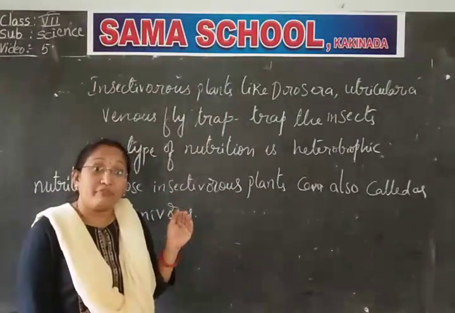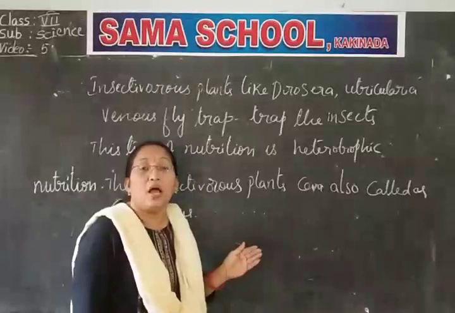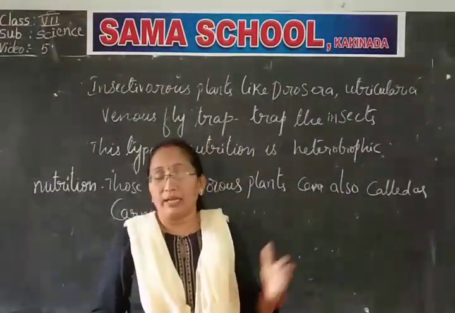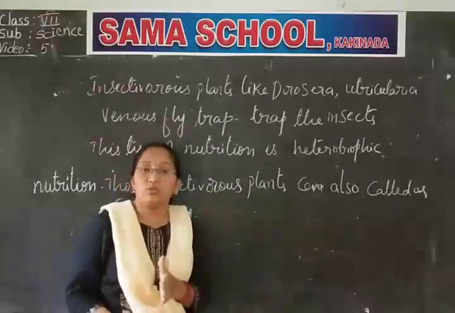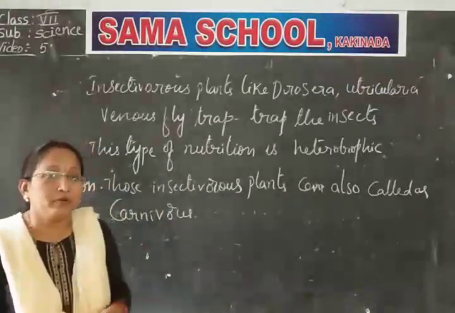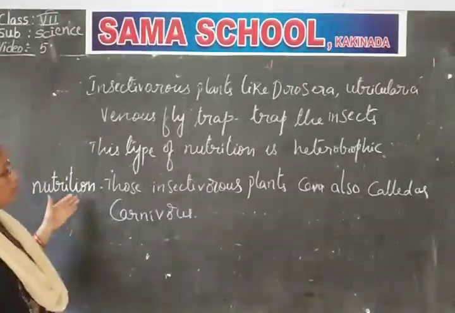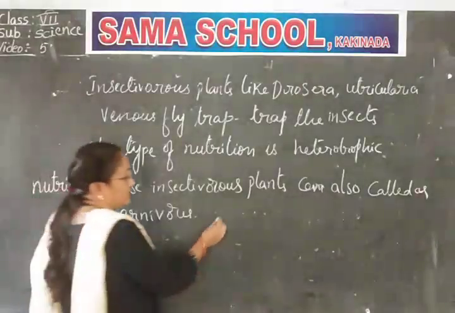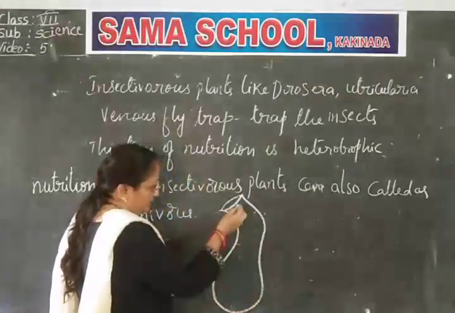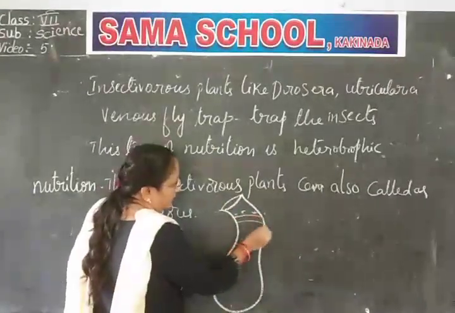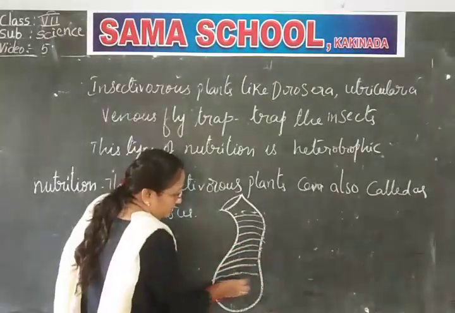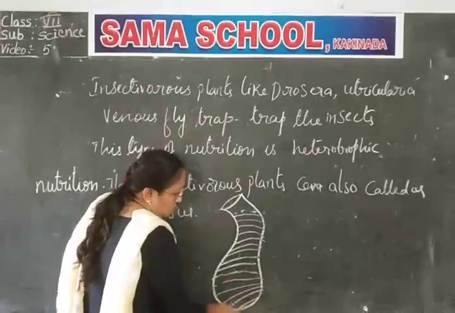Understand? So this is another variety of nutrition, other modes of nutrition, that I am explaining today. So I finish this part. Let us move to the next part of the nutrition, what is its type, you know? Saprophytic nutrition. I hope you understood this. In the pitcher plant, they develop pitcher-like, pot-like structures in which they develop net-like structures. See, this is the pitcher. Pitcher means sack.